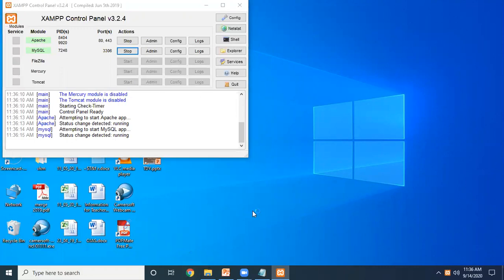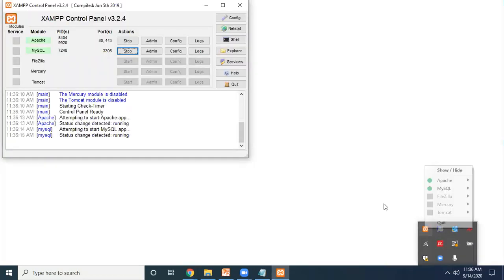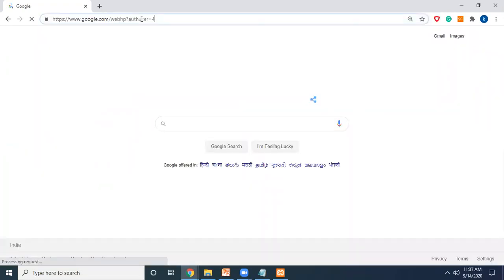Now open your browser. In the right hand side corner, your server message is displayed. Apache and MySQL are running. In the browser, we are starting localhost.